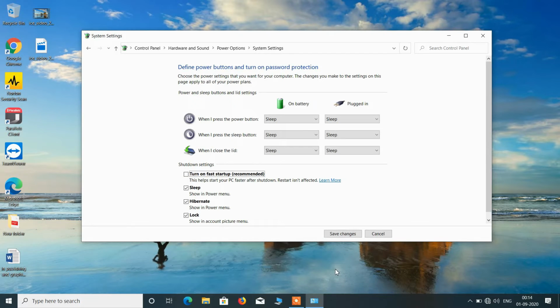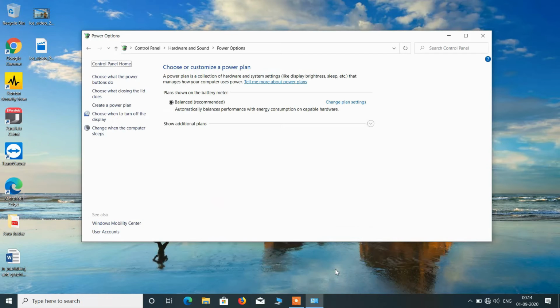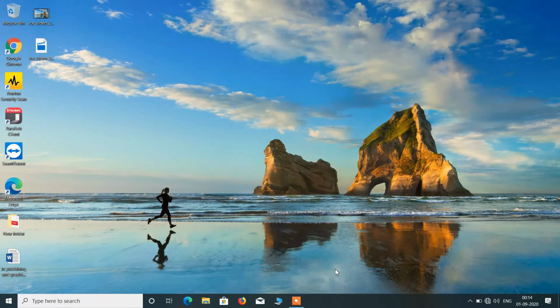Now just keep on pressing the tab key until you reach the save changes button. So the save changes button is now selected. Just hit enter. Now just close this window by pressing the function Alt F4 key or the Alt F4 key on your keyboard. So this was method number 2.